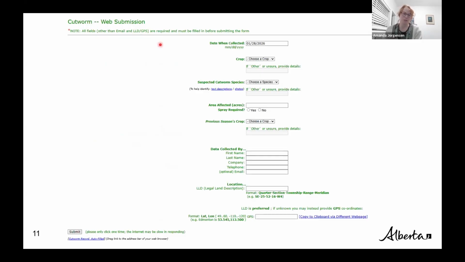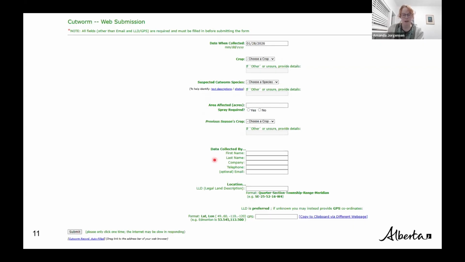So that we can at least determine the general area or municipality, and that location information will be blurred when it's shown on the map, so you don't have to worry about that. But all of the other information you do need. So the date that you collected that information, what crop you were in, what cutworm species you suspect that you have in your fields with links for help with identification, what sort of general area it's impacted, and some crop